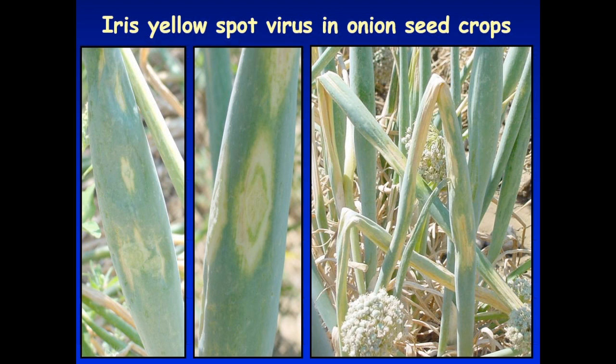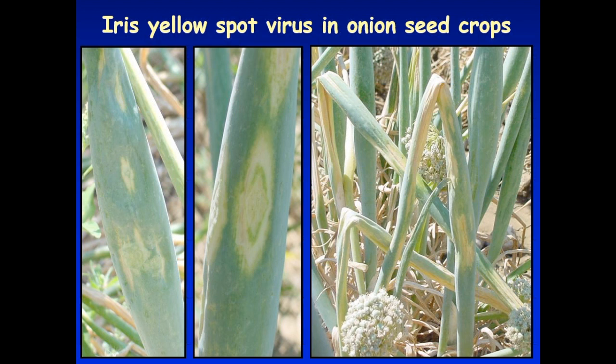And you can see in this picture on the screen, the left-hand two pictures show the kinds of lesions that will develop on the seed scape. And those lesions can get very large. They're quite pretty if you want to look at the artistic side of the virus, these beautiful diamond-shaped lesions, but they can get very large. And then when that seed head starts to fill, it gets heavy. And if you have windy conditions, which is not uncommon, especially east of the Cascades, that seed head is heavy, the scape gets weak where those lesions can sometimes coalesce, and you see in the right-hand picture, those seed stalks have fallen over, they've lodged.